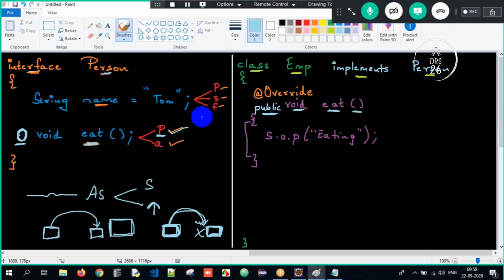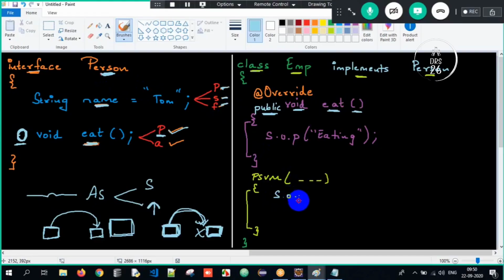I'll show it to you practically, don't worry. Then here I will have my main method, wherein I am supposed to access the data. If I want to access this name, it is public, meaning everyone can access it. Static means we have to access it with the help of the class name or interface name, and final means we cannot change it.